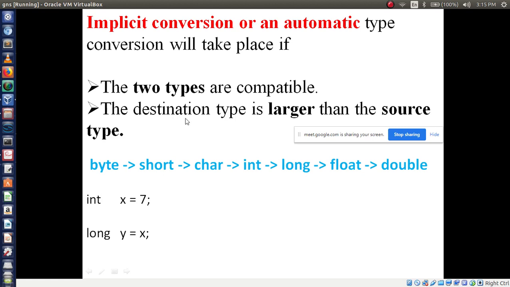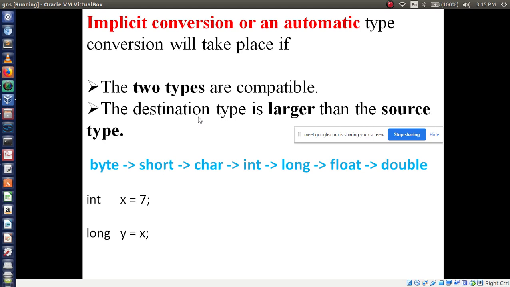Remember this, destination type. Destination means the data type you are converting to, and the data type you are converting from is called the source data type.